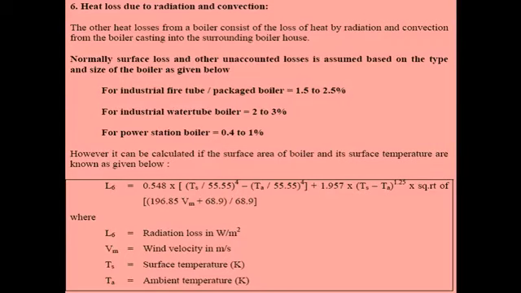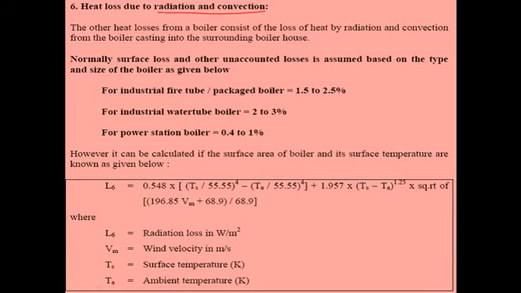The next one is the heat loss due to radiation and convection. From the boiler, there are different units, and the flue gases pass through the different units. Because high heat occurs, the temperature in the different units rises, like the superheater, the furnace, the evaporator, and other convective and radiant evaporators. From these units they also radiate heat to the outside surroundings. So there are also losses due to radiation as well as convection.